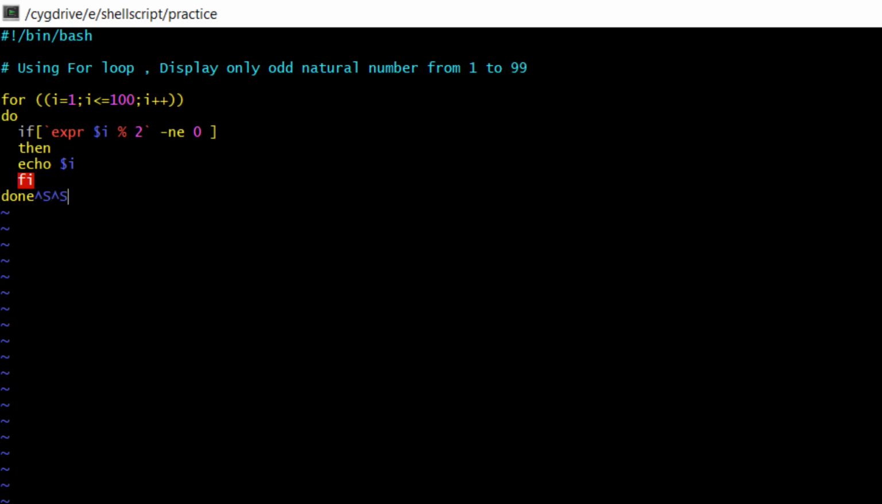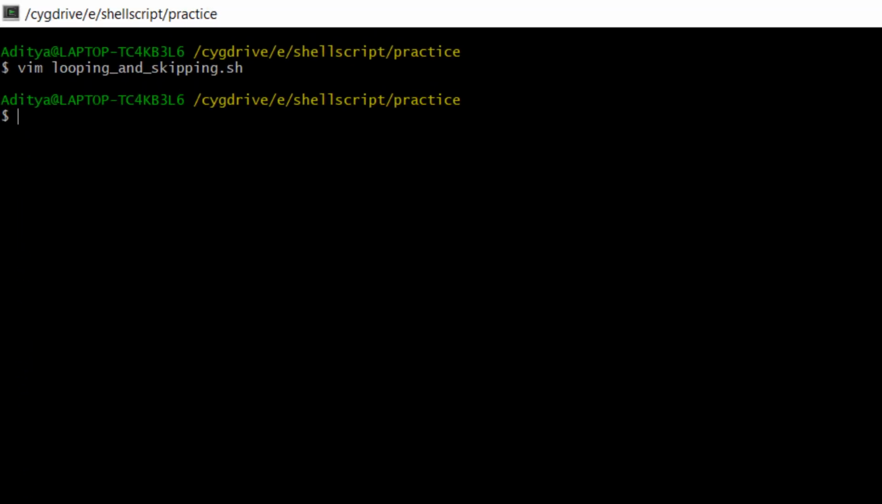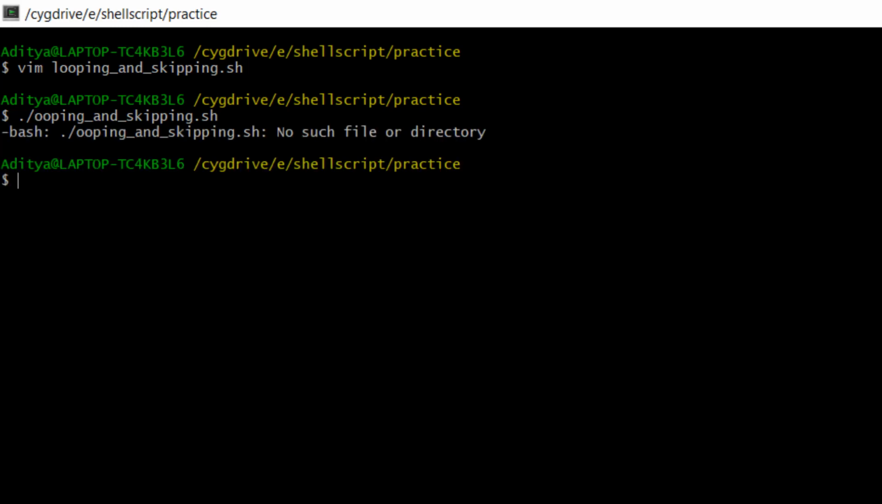Now let's save this command. Escape, :wq. Okay, we have saved. Now let's try to execute. How to execute a shell script? It's easy. We just have to give dot and /, right? Okay, it is giving no such